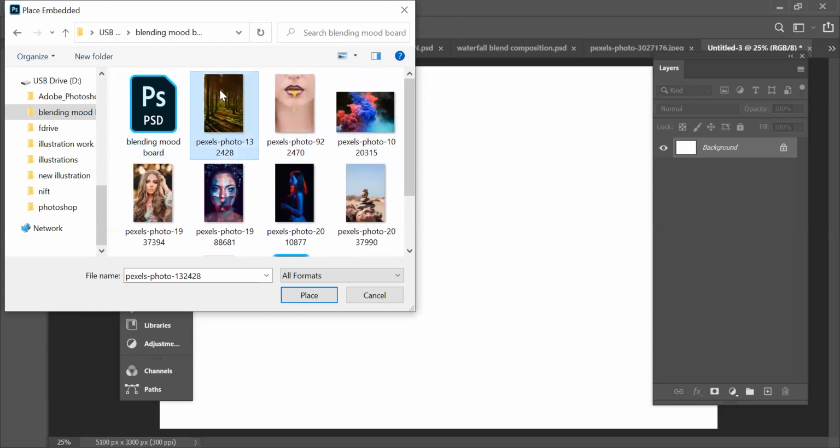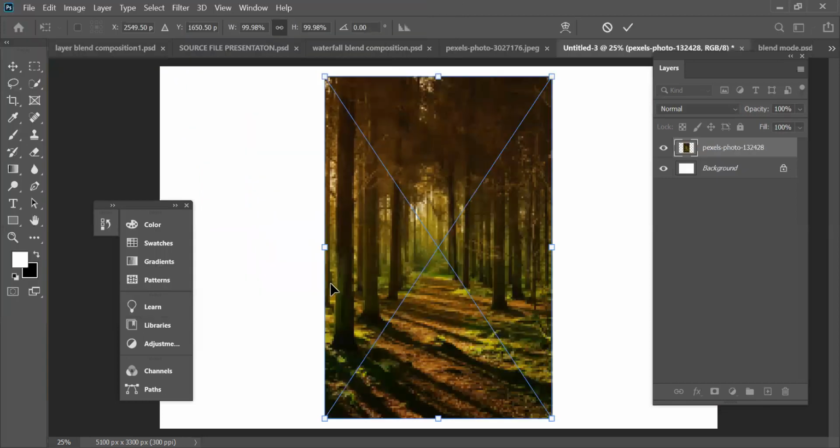I'll just embed all of them, one by one. I'll take the first one and embed it, so a new layer is created on top of it.